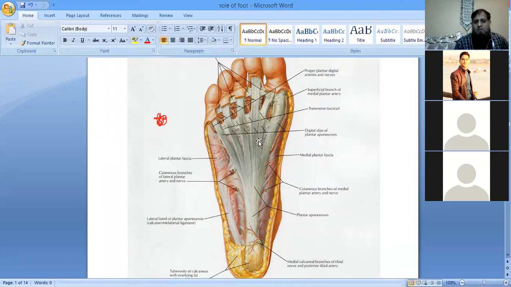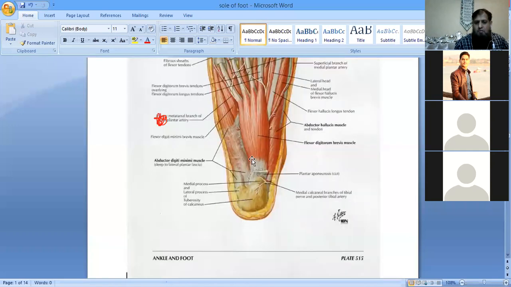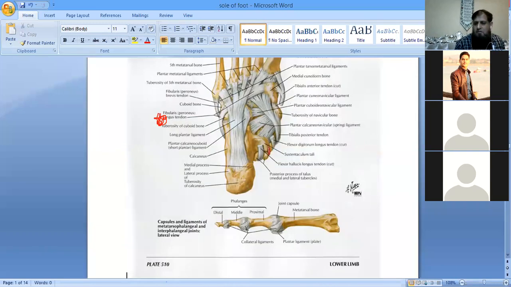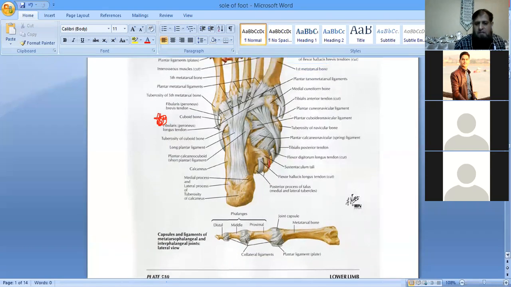बस ठीक है. So here you can see the plantar aponeurosis. Number one, the deep fascia is going to thicken to form the plantar aponeurosis in the central part of the sole of the foot. Number two, it is going to form the fibrous flexor sheaths, right? These fibrous flexor sheaths are basically the tunnels through which the long flexor tendons pass. ठीक है जी? So number one, the plantar aponeurosis. Number two, the fibrous flexor sheath. And number three, it is going to form the deep transverse metatarsal ligaments.